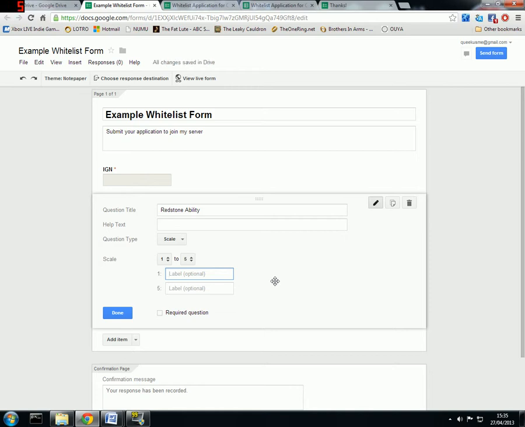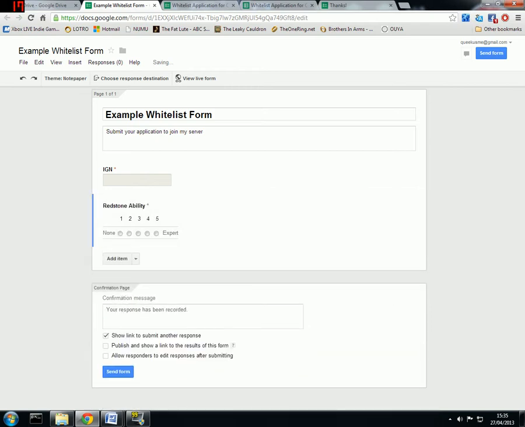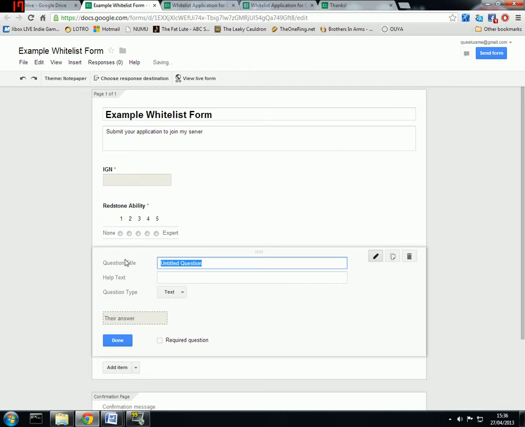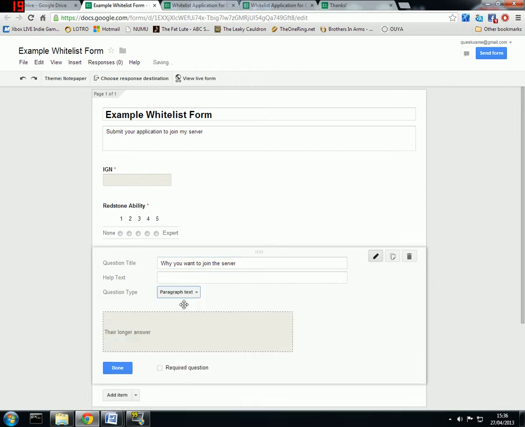So none to expert, and I'll have that as a required one as well, because maybe this is a redstone server, maybe like one of the ones that say Seth Bling or Cube Hamsters, and I can't remember which one it is. But we'll go on to another one. Why you want to join the server, and this needs to be paragraph text. And you see, you're basically just setting up a form like this, and so